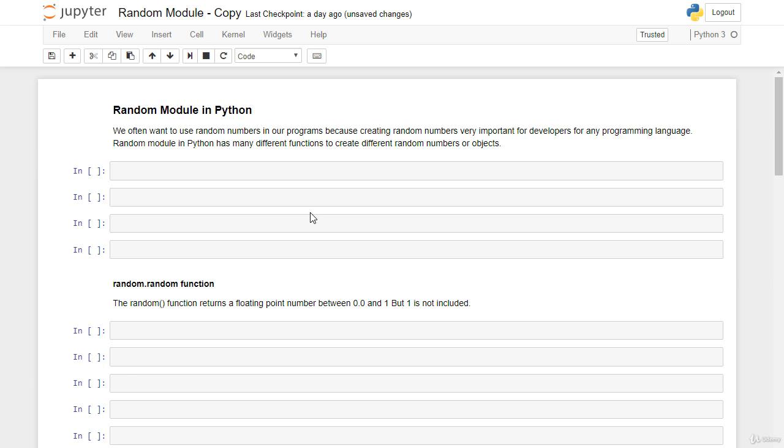Hello everybody, in this lecture we learn how to use random module in Python. We often want to use random numbers in our programs because creating random numbers is very important for developers, for any programming language of course. Random module in Python has many different functions to create different random numbers or objects. In this lecture we will learn the most useful